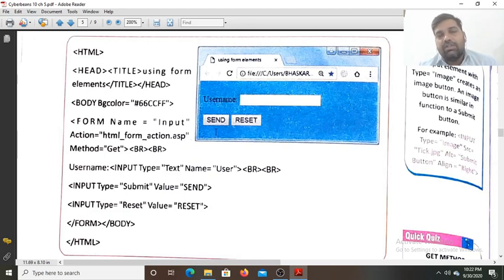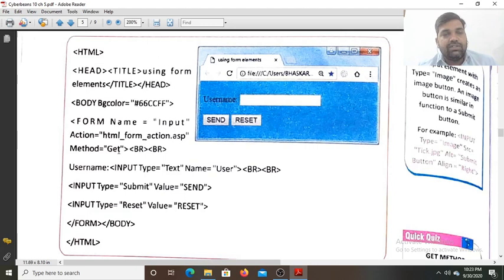So like the HTML code you write on the notepad, and you save that code with the .html extension. Similarly, if you write the code for the server side programming language called ASP, that is the active server pages. ASP, JSP, all are server side programming languages, and HTML is the client side programming language. Okay, so this action equals to HTML form action. So one HTML form is there on the server. In that database, the content of the username text box will be saved, will be sent.